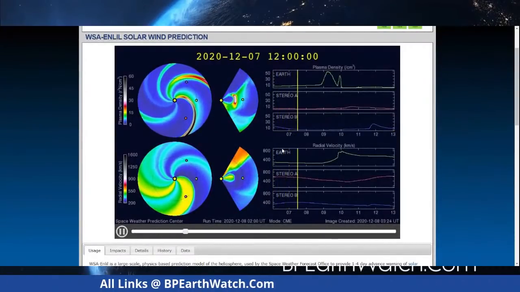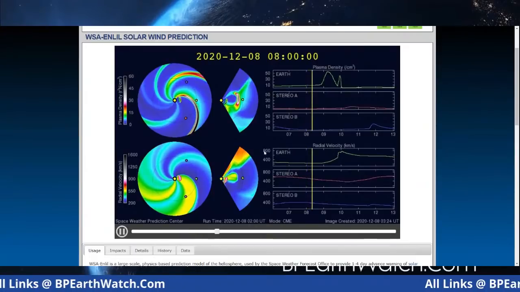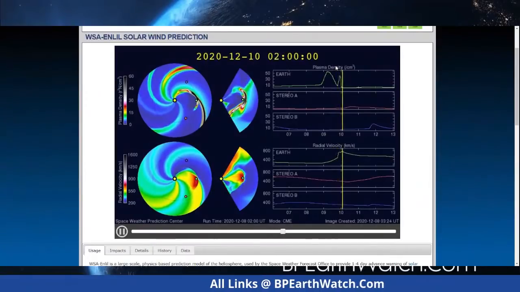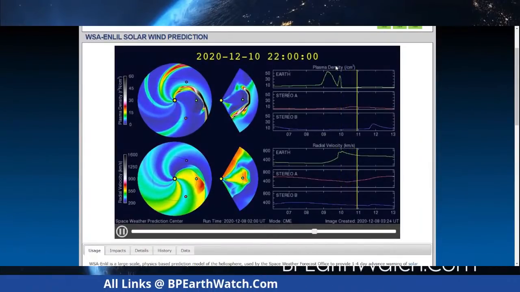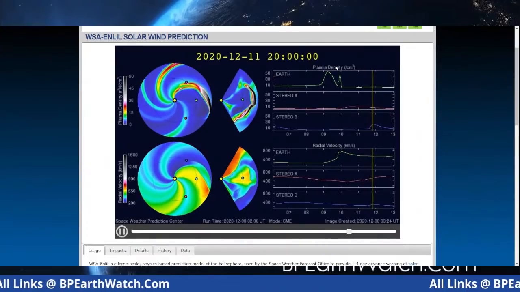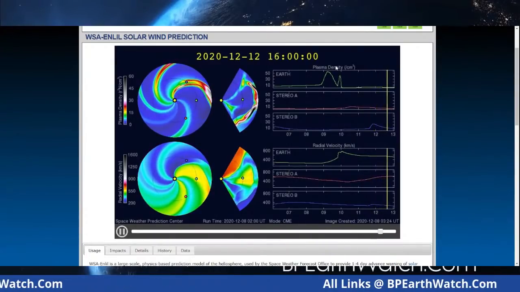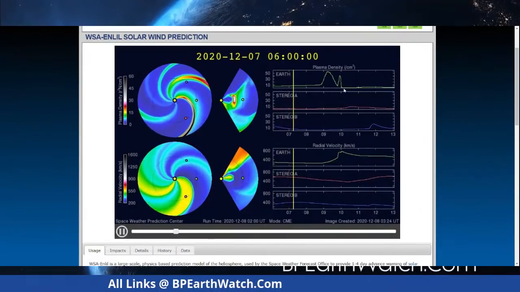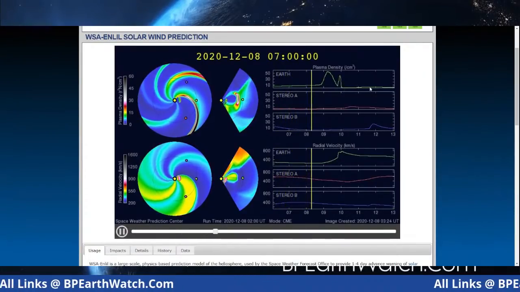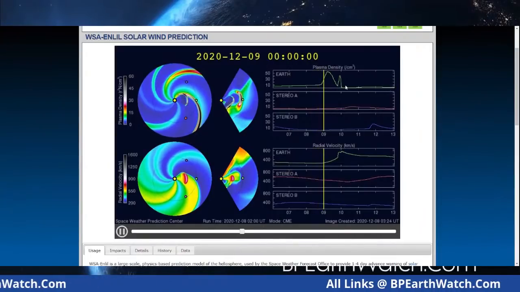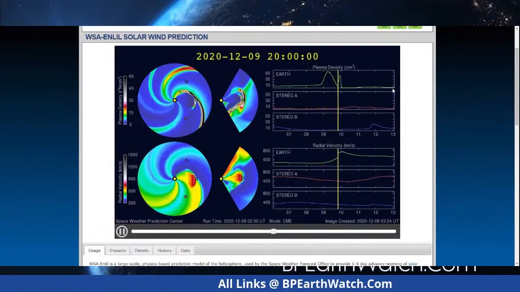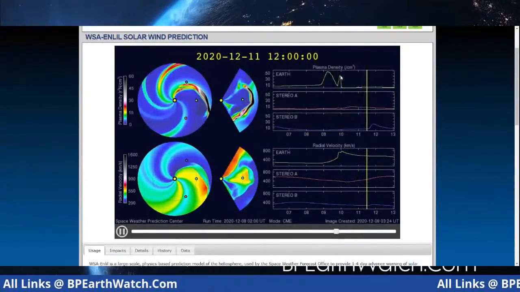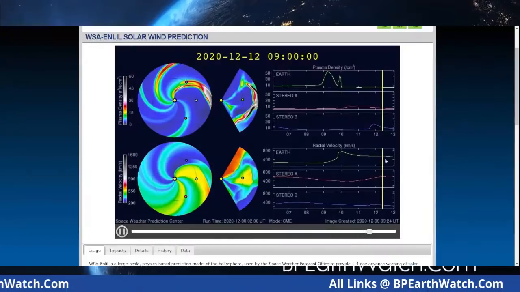So again, 800 radial velocity, that's solar wind speed, and 50 in plasma density. Very strong, very strong. I can't really remember one that high because if you notice, as soon as the solar flare is over, the plasma density drops really low, back down to the 3 or 4 range. 10 is right there. So that will decrease, but the impact will have already happened. But the solar wind will continue.